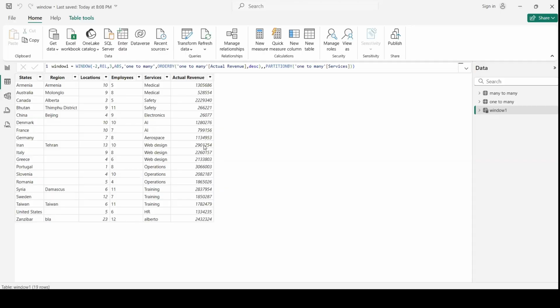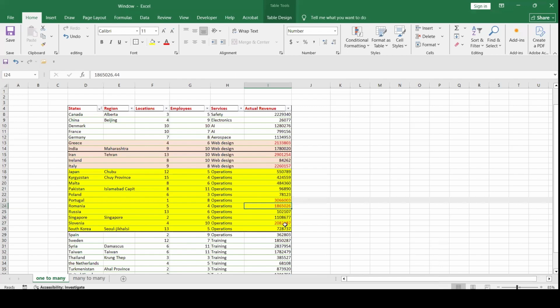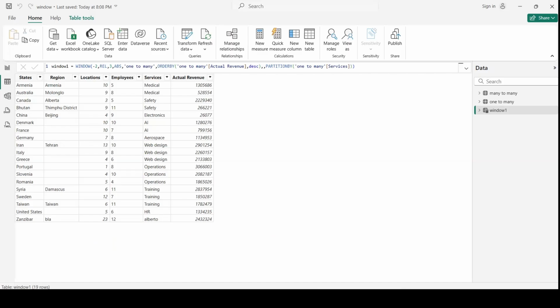Oh no, here 3 millions, 2 and 1.8. So it's correct. If we check web design, we have the first one 2.9, 2.2, 2.1, which is correct. So this is the way we can extract the top 3 highest performance.